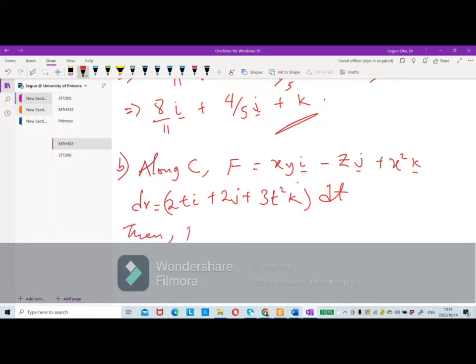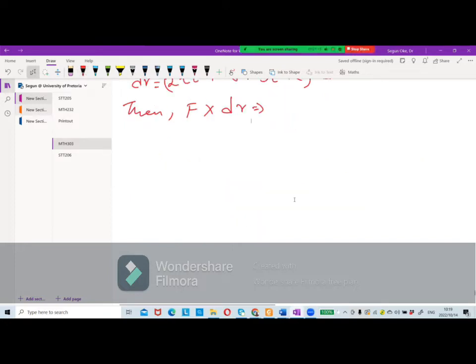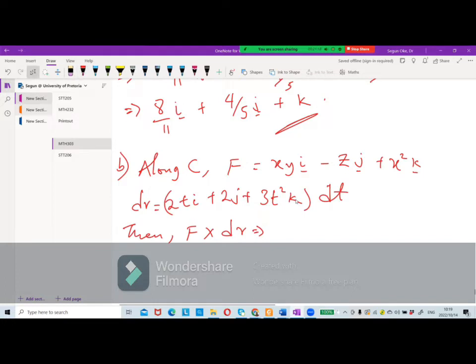Then we have F cross dr. Don't forget the way you do it. F cross dr does not mean multiplication like that. It simply means